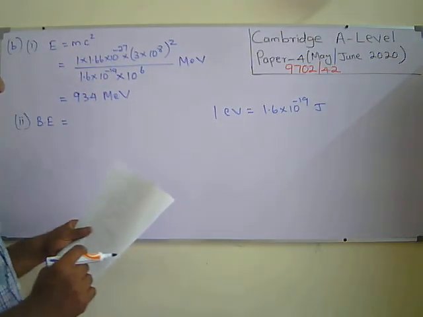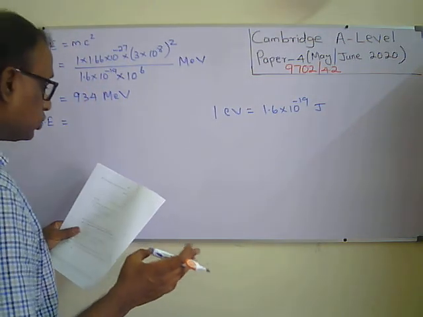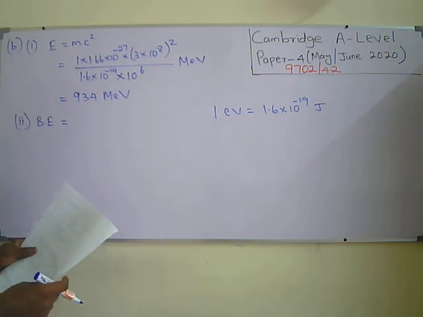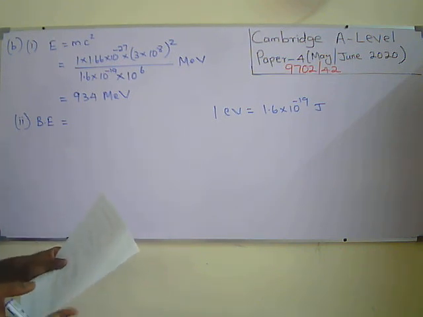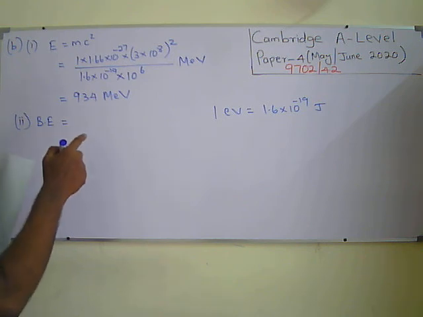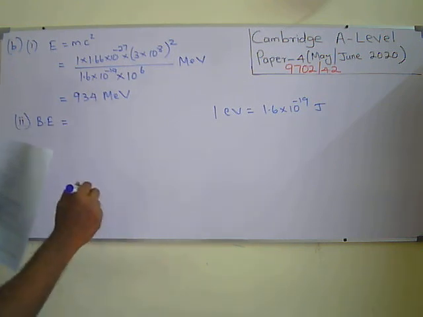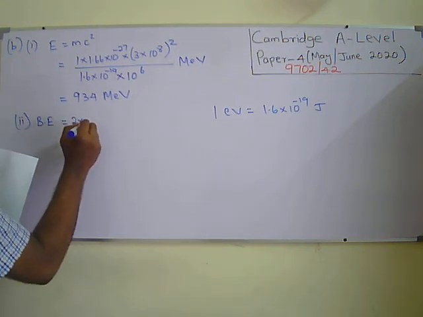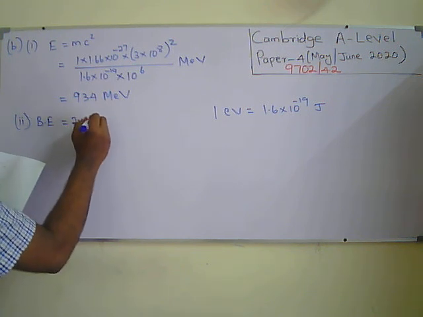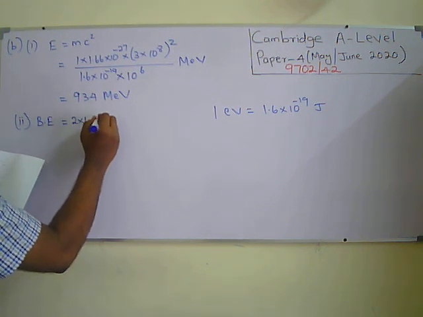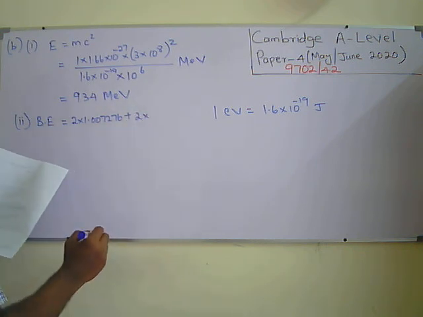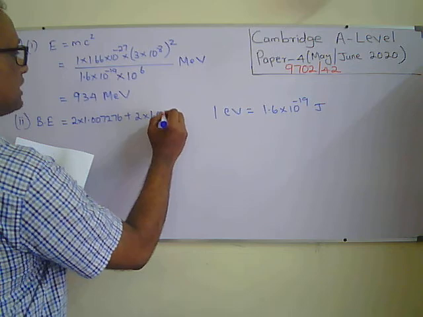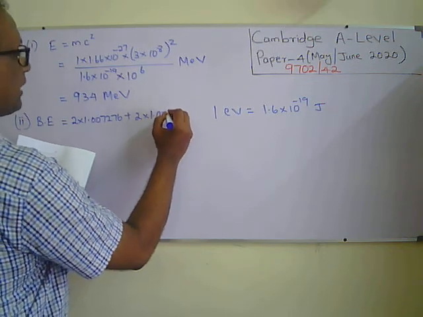Mass of proton is 1.007276 u and mass of neutron is also given. Helium consists of 2 protons and 2 neutrons. So total mass is 2 times the mass of the proton, 1.007276, plus 2 times the mass of the neutron, 1.008665,